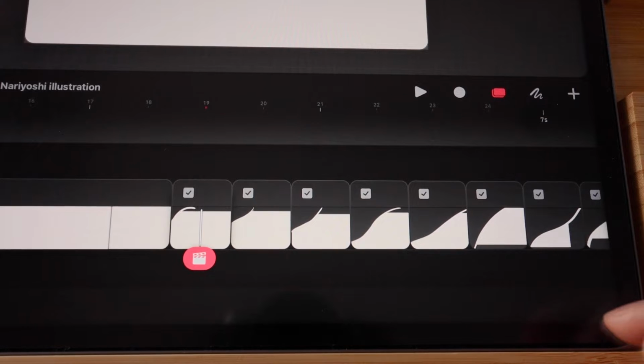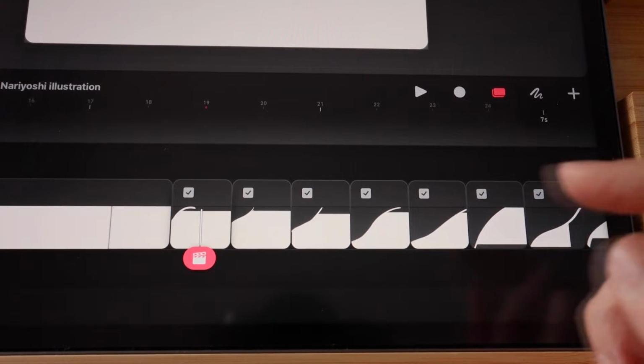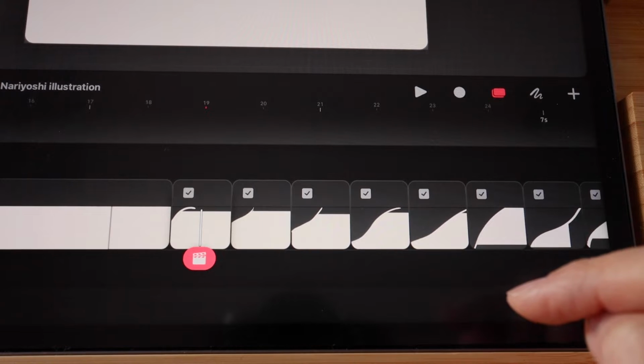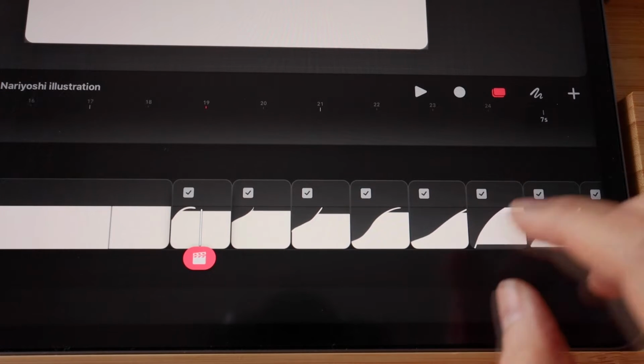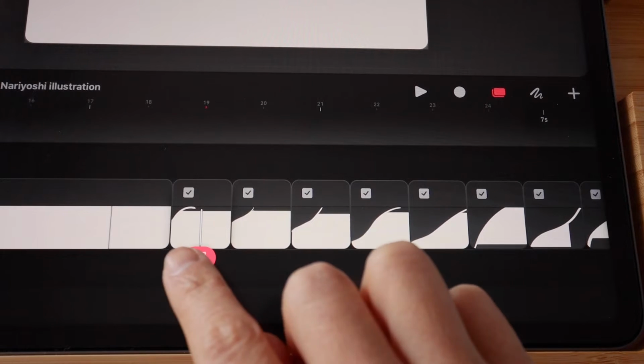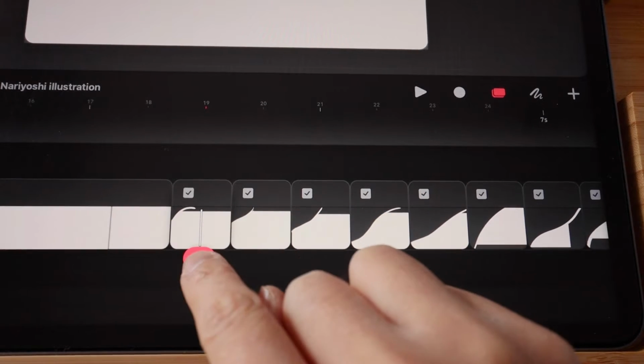In this tutorial, I will show you how to duplicate a frame in Procreate Dreams. Feel free to check out the description box below to see how you can download this project file to follow along. So over here, I have some frame by frame animation,